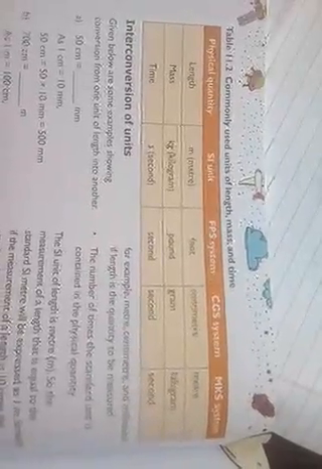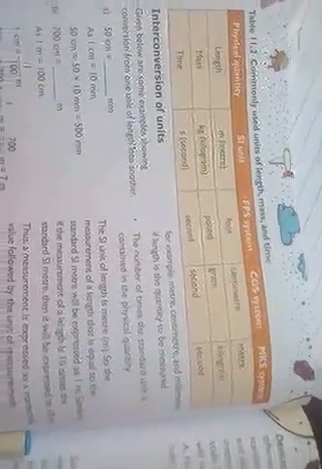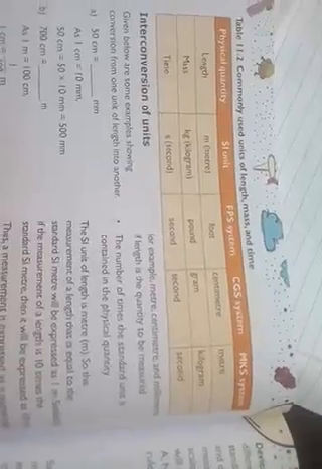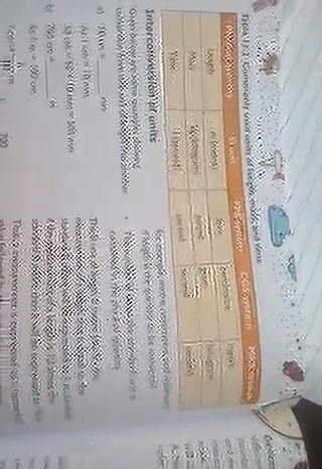Substance, that time you will be using centimeter, and MKS unit, that means the more standard one you will be using is meter. Same way for mass, it's kg, and FPS unit will be pound, CGS unit will be gram. But for time, it's mostly the second itself. So usually for time the bigger unit would be hour. Now next one, interconversion of unit.